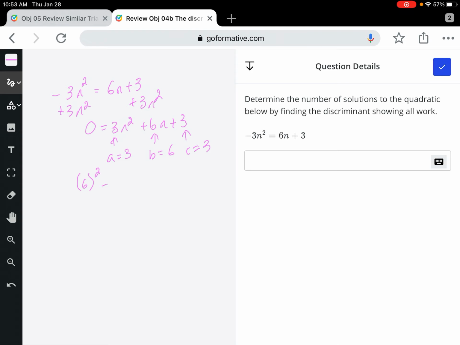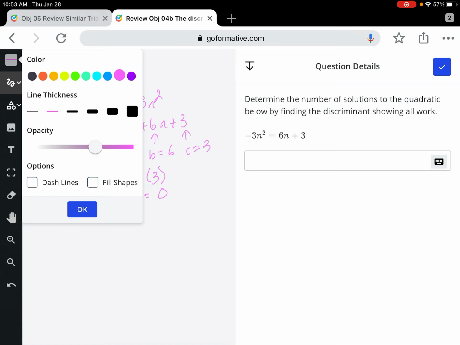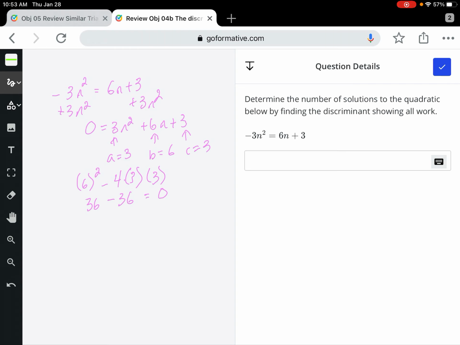So this would be, it's b squared, so it would be 6 squared minus 4 times 3 times 3, so that would be 36 minus, and then 4 times 3 times 3 is 36. This would be 0. If we did it the other way, so you had your -3n squared is equal to